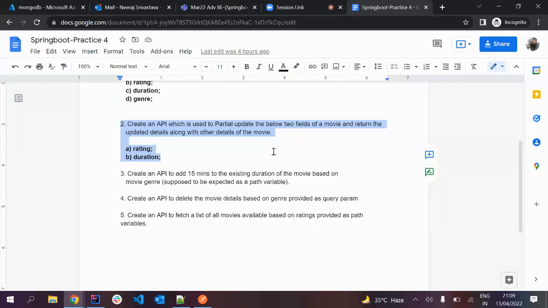So basically you have to update all the movies, not any specific movie. All the movies you have to update with this rating and this duration, whatever the client will pass. तो जितनी भी मूवी तुम्हारे डेटा स्टोरेज में होगा सबकी रेटिंग तुमको बढ़ा देना है और ड्यूरेशन भी बढ़ा देना है या फिर घटा देना है जो भी यूजर पास करेगा उस वैल्यू से।